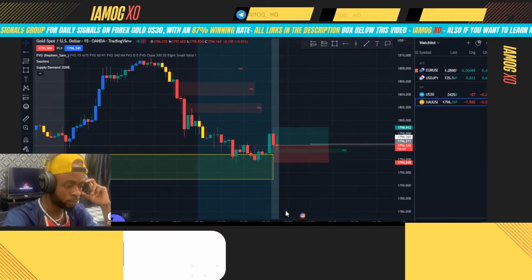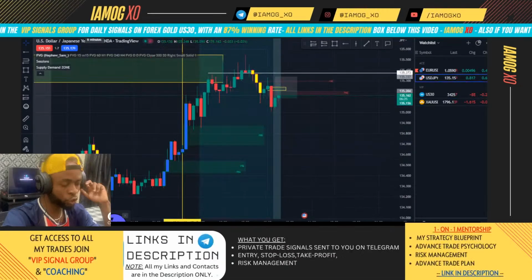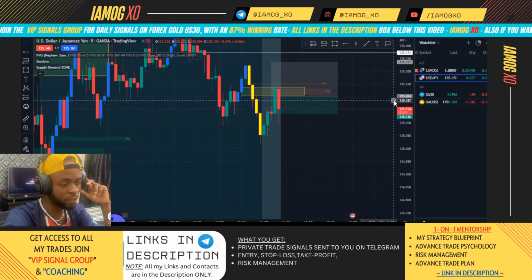And let me quickly check back on the pending order we took on USD JPY. Alright guys, so as you can see, we have been triggered in on this trade. This trade we took on USD JPY just got triggered in, and I would suggest you move your stop loss to break even on 0.5, which you can see price clearly went to 0.5. So at this point, your stop loss should be moved to break even.